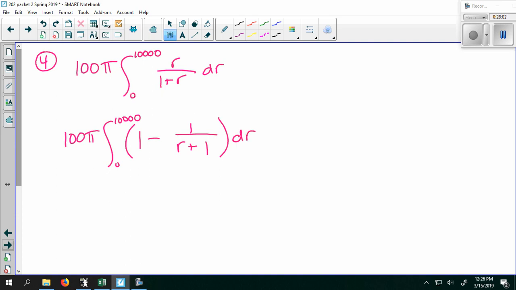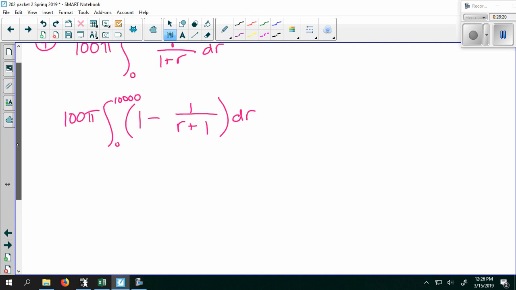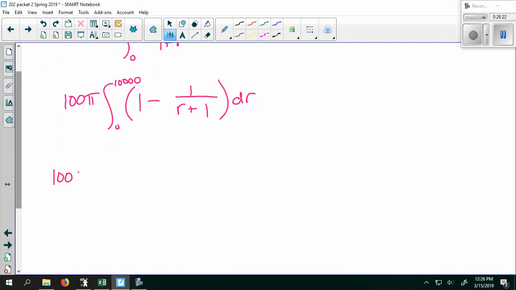So you can see why that works, because 1 is the same thing as 1 plus r over 1 plus r. And then the numerators would stay the same when you add two fractions, and you add the numerators, and they would add up to r. Okay, so now I can integrate term by term. So this becomes 100 pi